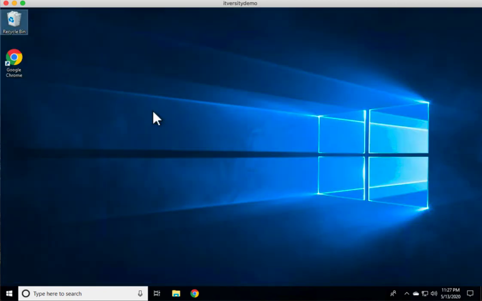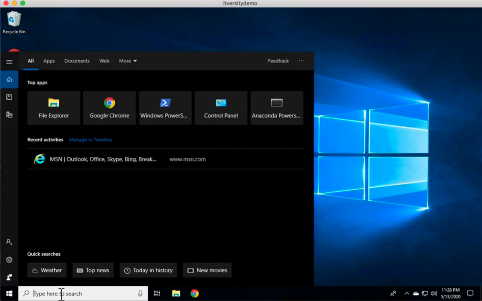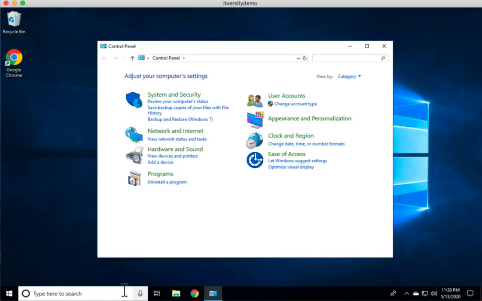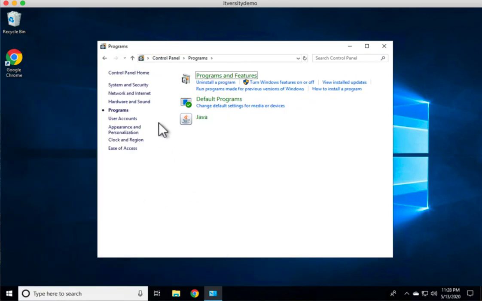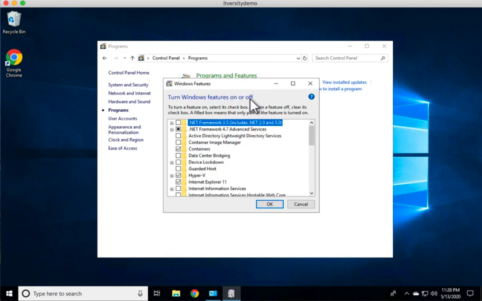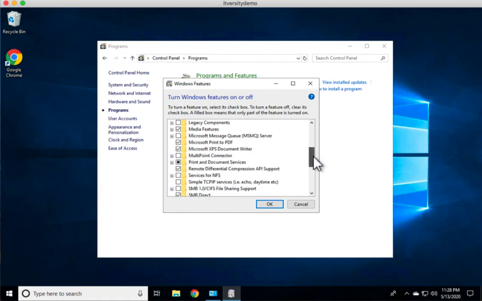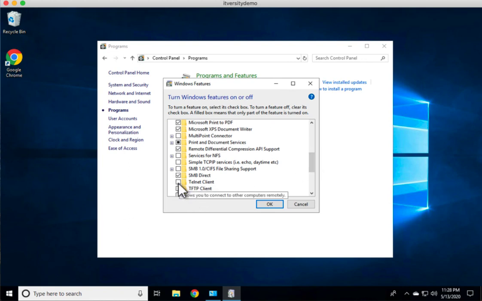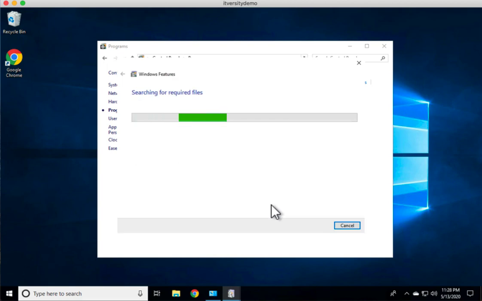We can exit from PowerShell, then go to the search bar and search for control panel. As part of the control panel, you can go to programs and then go to turn Windows features on or off. So Telnet is supposed to be one of the features starting from Windows 10, or probably it might be available in earlier versions of Windows also. I'm not 100% sure about it, but it is a feature on Windows 10. If you scroll down here, you will see Telnet, and as of now it is deselected. Now I'm selecting this, then say OK. Then it will enable the Telnet feature as part of this Windows machine.